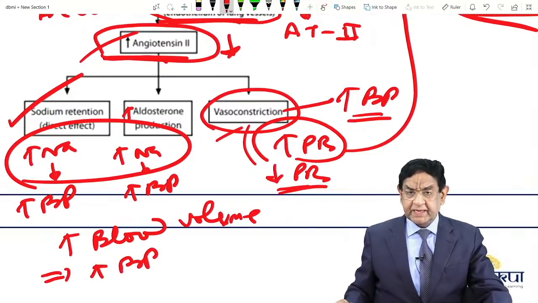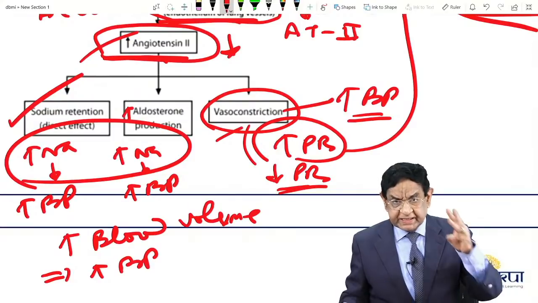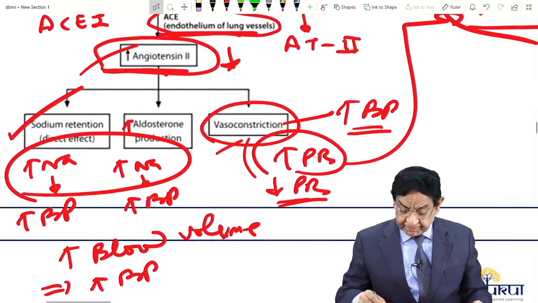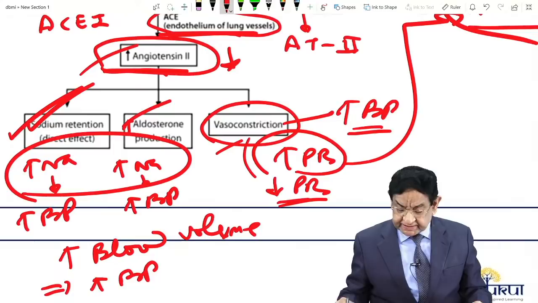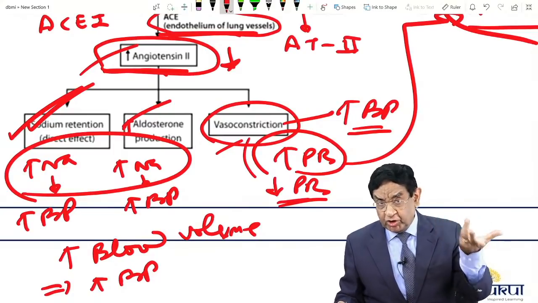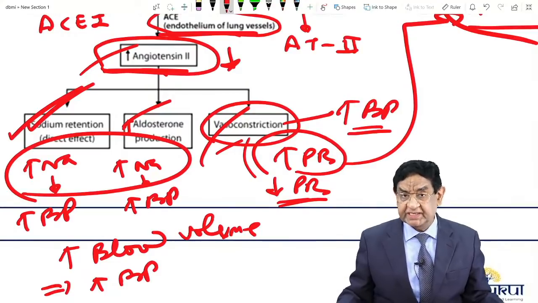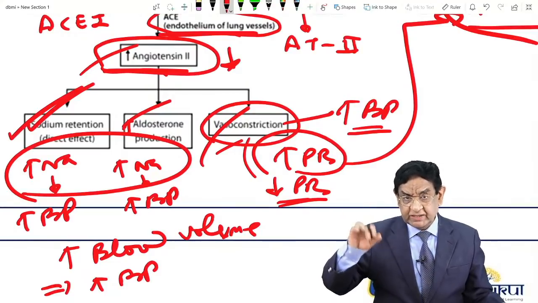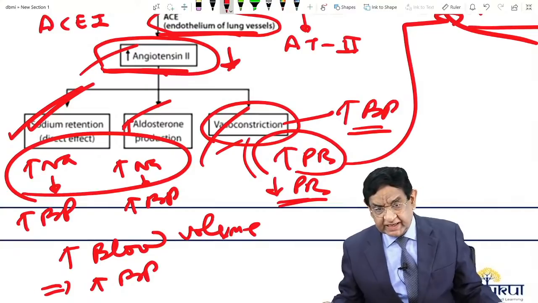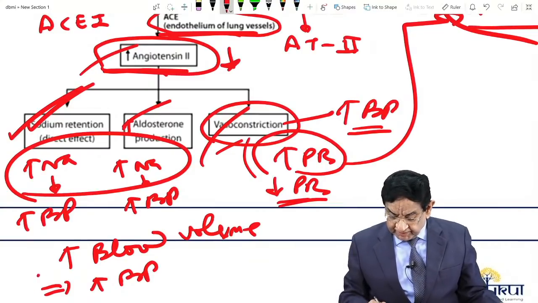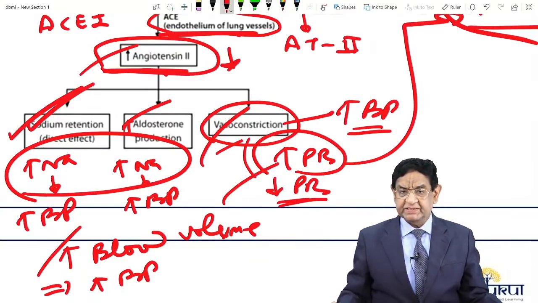So ultimately aldosterone is increasing BP by three mechanisms. Increased sodium and increased aldosterone, by this blood volume is increasing, and by this they are causing increased peripheral resistance. So that's why once we use ACEI, they reduce blood volume and they reduce peripheral resistance, the BP